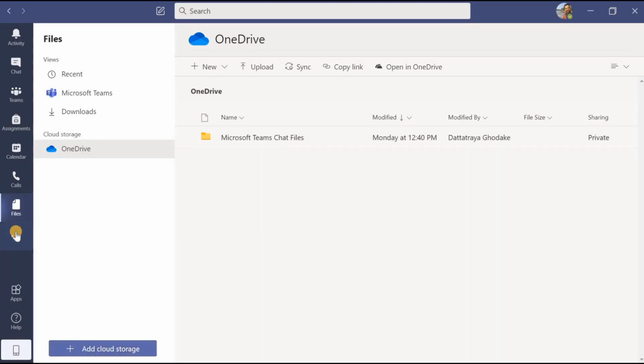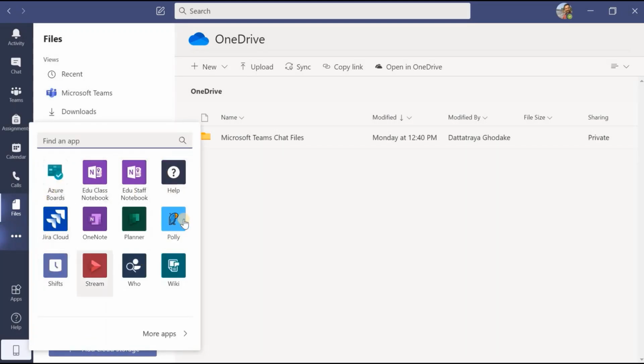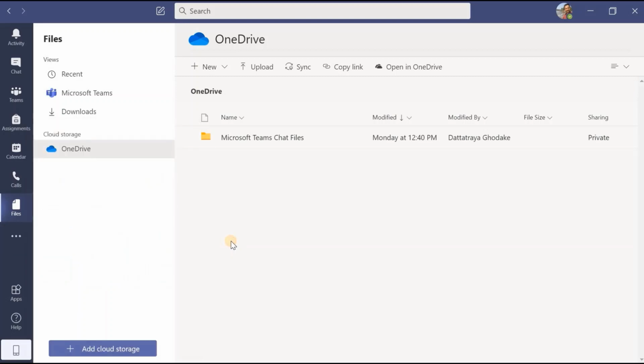Okay, now a few more options are there. As we become familiar with this app and use this application extensively, in the future we will definitely use all the applications given here for the better understanding of our students. With less effort, we can give more inputs, and from those inputs the students will benefit.